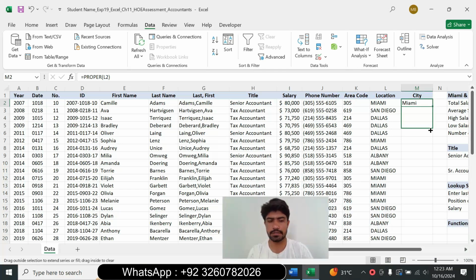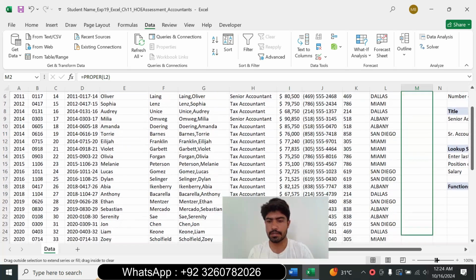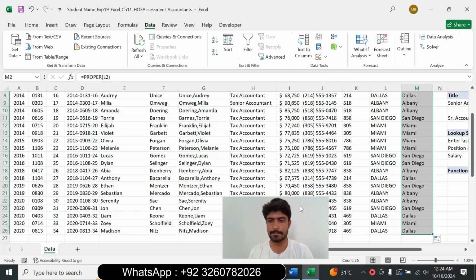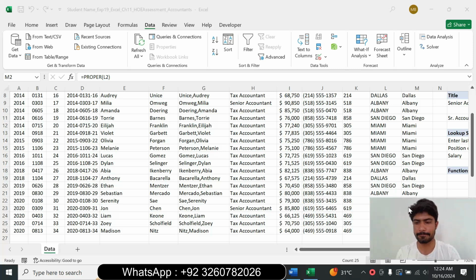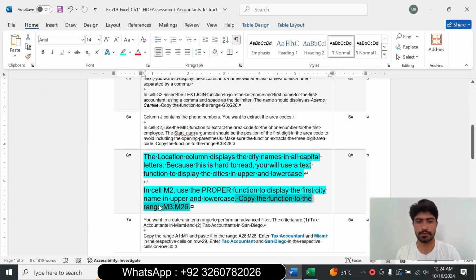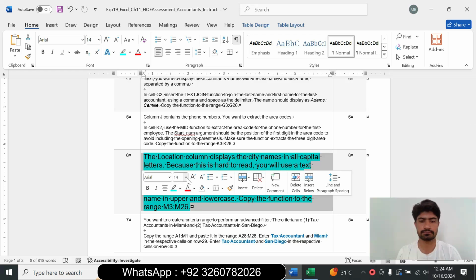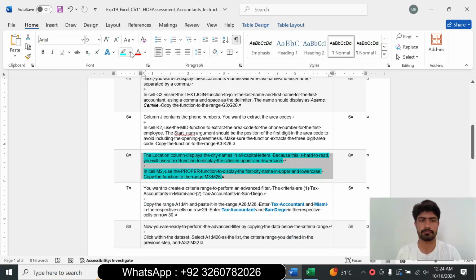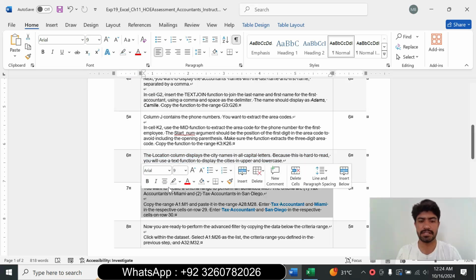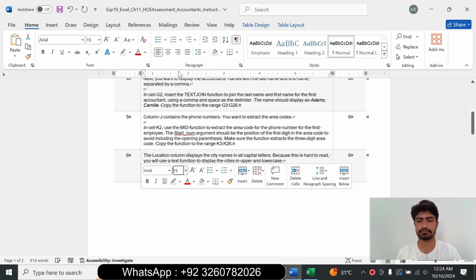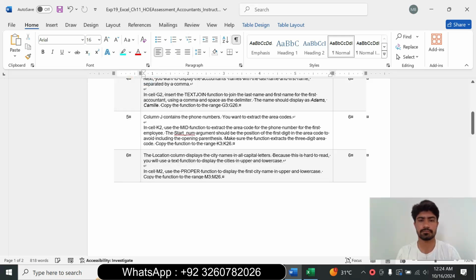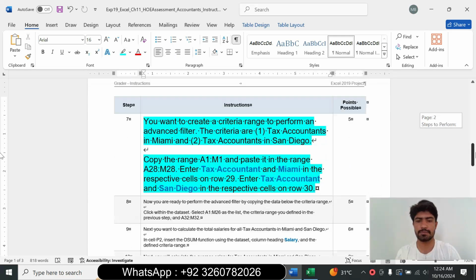Copy the range M2 to M26. So step number 6 is complete. We can move to step number 7. So step number 7 is